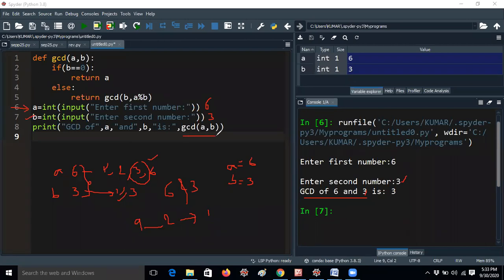So this is the calling function. Here GCD is not predefined because I am not importing any math functions; the math module I am not including here. We have a predefined GCD function, but here I am declaring GCD as a general user defined function only. You can take any variable like greater. The function name can be any name, but it should be a valid variable name. So GCD of A comma B means A value 6 and B value 3, so these will be copied into 6 and 3.